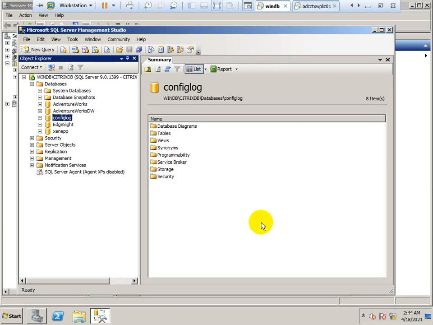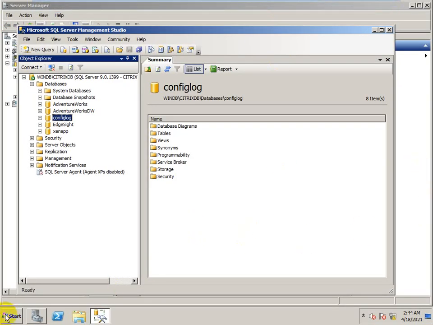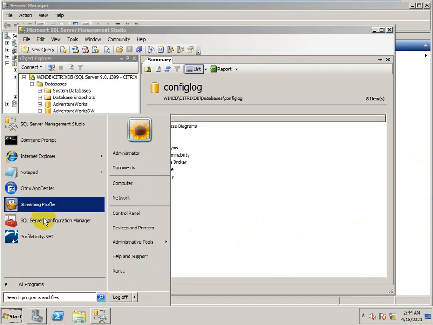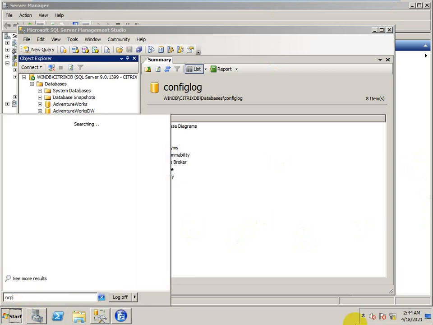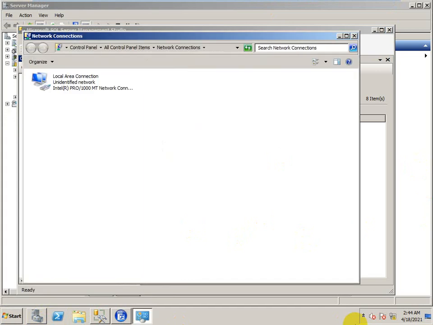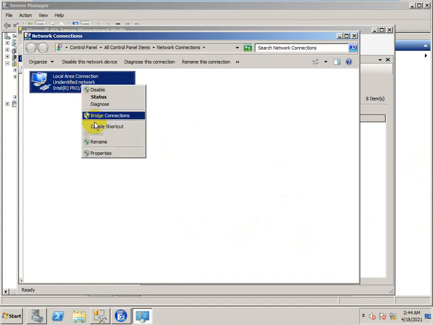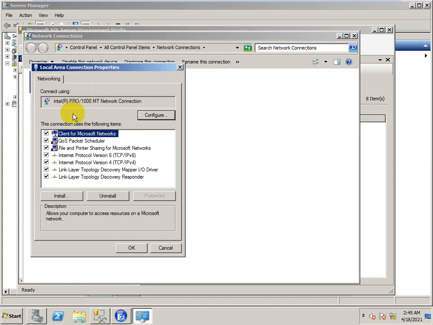Let me check the IP address of this server, through ncpa.cpl or ipconfig /all. That is the command, ipconfig /all. Yes.